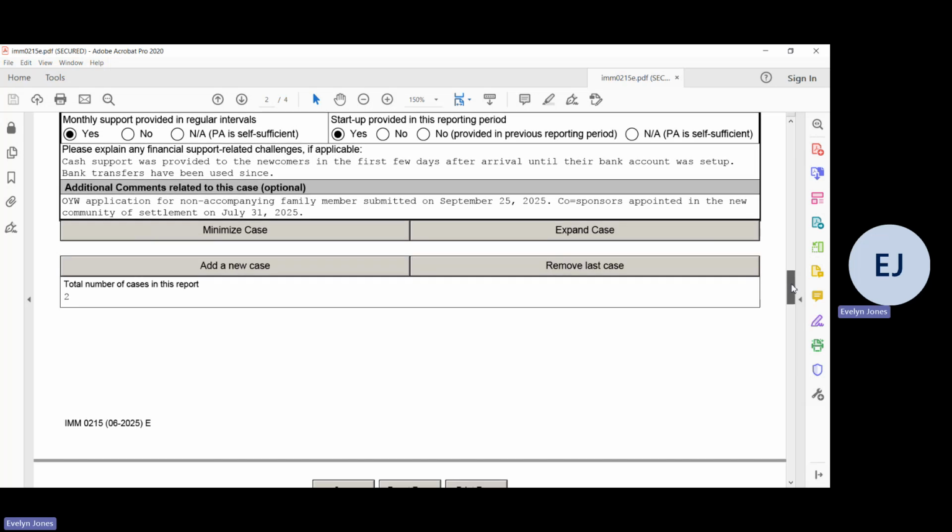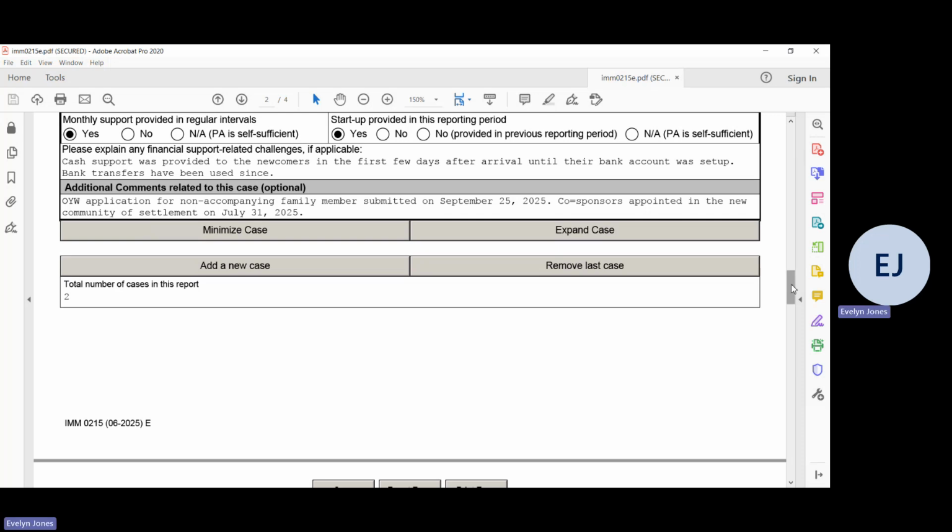As you can see, you can then at the bottom add a new case. So it's one report form, but you document the cases that you have that are active cases in their sponsorship year.